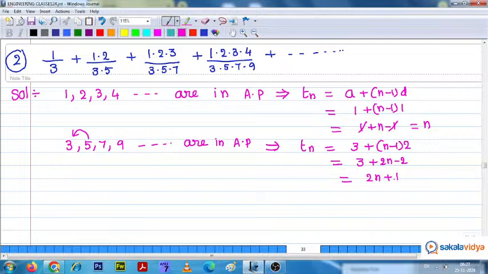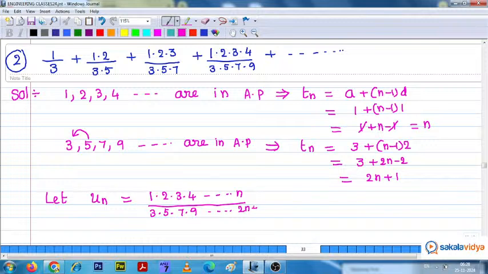So now the nth term we can write here. Let nth term un be equal to 1 into 2 into 3 into 4 into so on, nth term is n, divided by 3 into 5 into 7 into 9 and so on to 2n plus 1. I hope it's clear. Now as it is actually a product of an infinite number of terms, so we need to apply